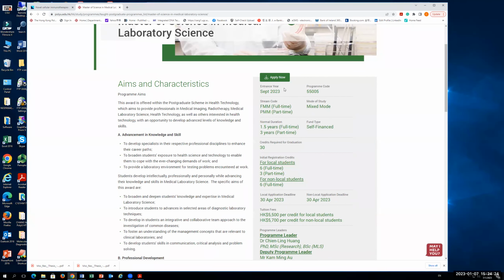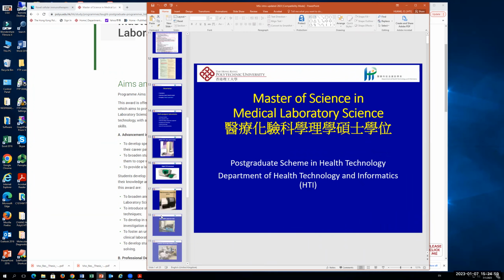For this year, we start to enroll. The application deadline, I think, is the end of April. But this year, we do offer a quota. If after the interview we confirm you are successfully admitted, we will inform you immediately, instead of waiting until late June as in previous years. That's why we opened the 4 rounds of application.